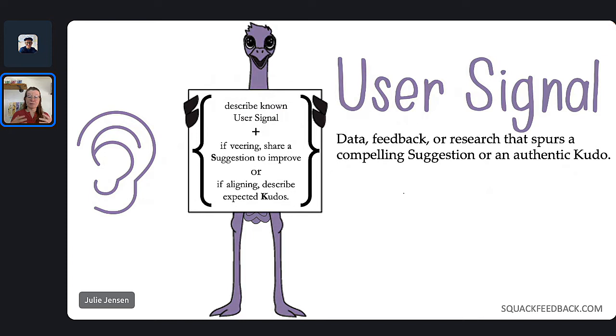When I am also thinking about it, when you're giving the context of your design or the context of your work, it's really helpful to pull in the user signal and share that as part of your context setting as well. So you can use user signal to help define and defend and kind of rationalize your decisions as well. Probably very familiar with doing that, but it's kind of nice to know that you can reflect upon feedback and use that feedback from users to help defend and define and share the rationale behind your design decisions too.